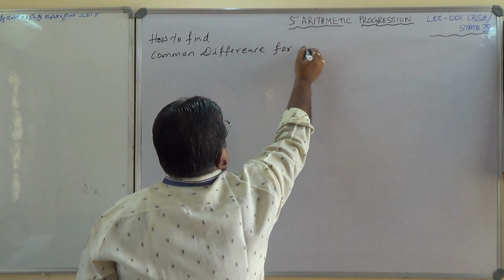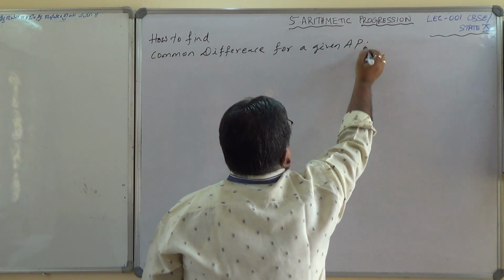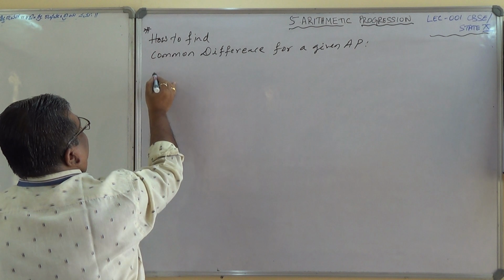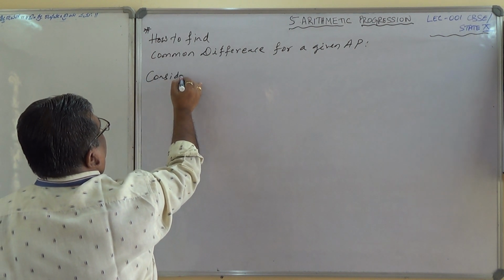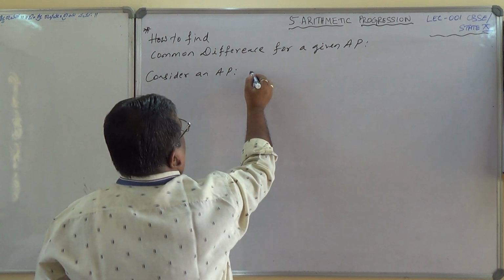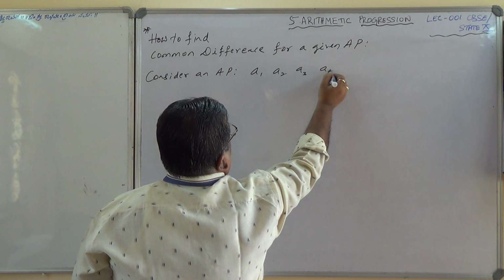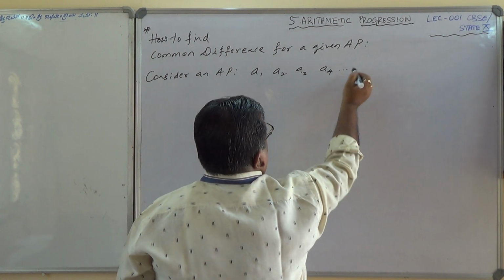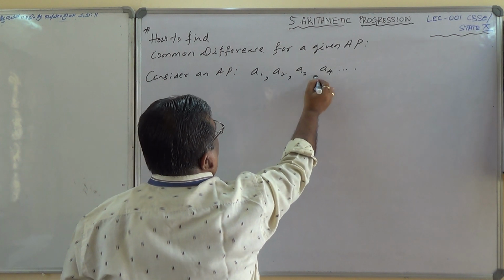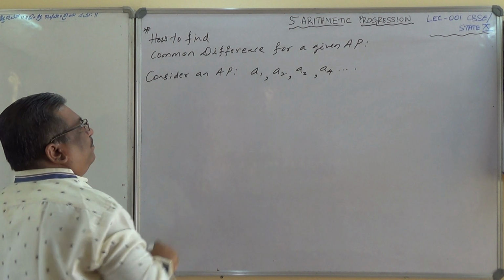Consider an AP a1, a2, a3, a4, dot dot dot. All these are the terms here. So the common difference is obtained by